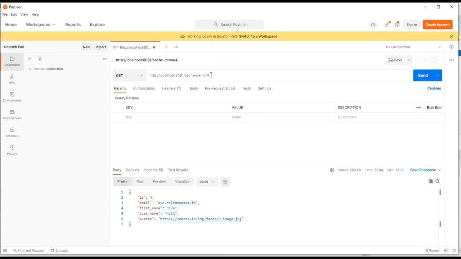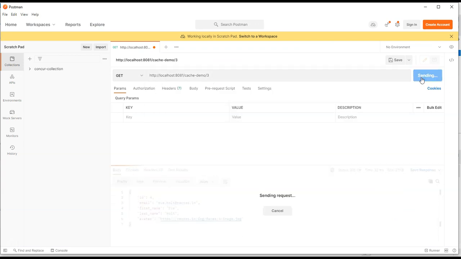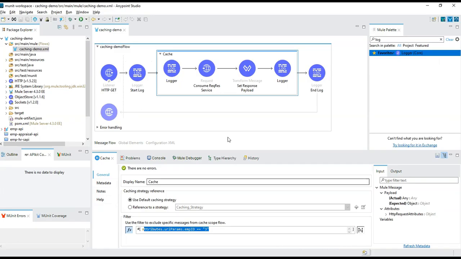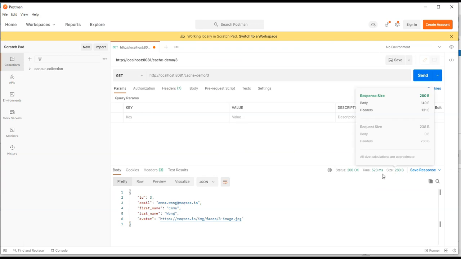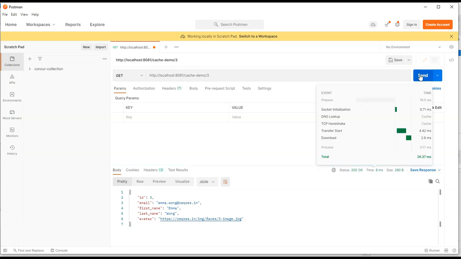Now for the third employee, let's send. We can see started flow, completed flow. It has taken around 523 milliseconds. Let me send it again. It took 8 milliseconds. Send again, it took 40 milliseconds.